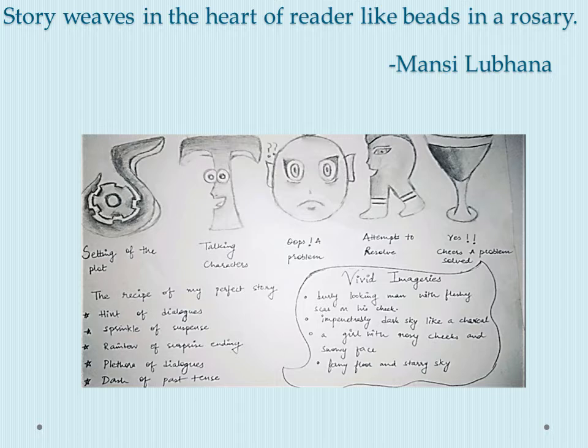Ferny floor and starry sky, which means that the floor is full of ferns and sky is actually twinkling with the stars. Yet, like a forest, as you can say, it must be a forest which is very open. We can see the stars and also the grasses, the ferns have overgrown. So, as I told you, here is my recipe of the perfect story.